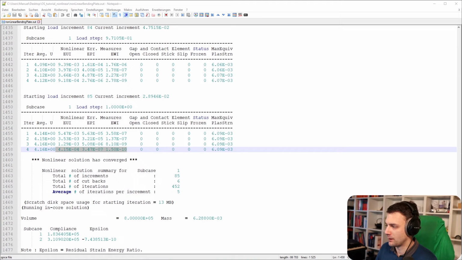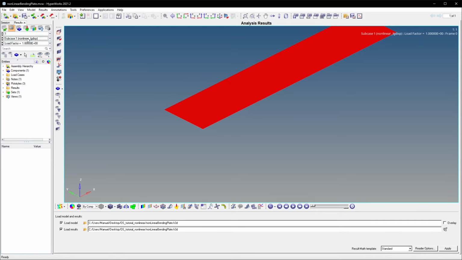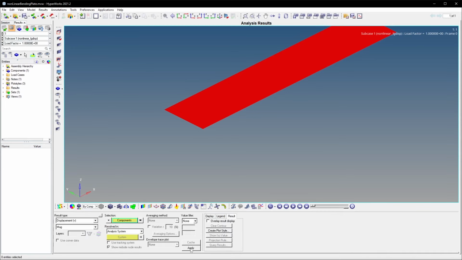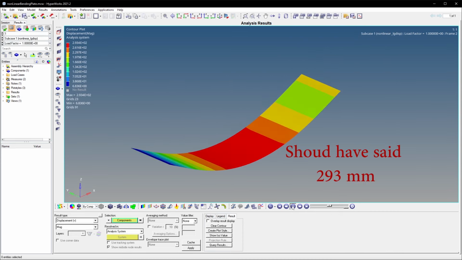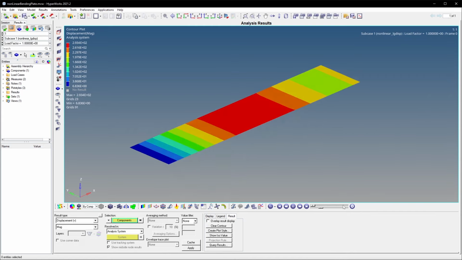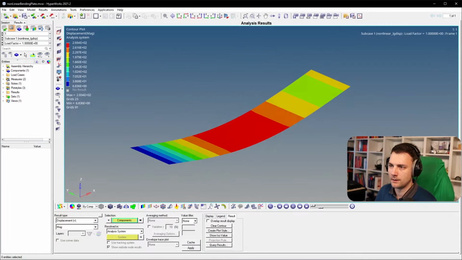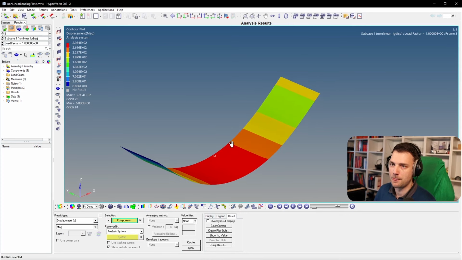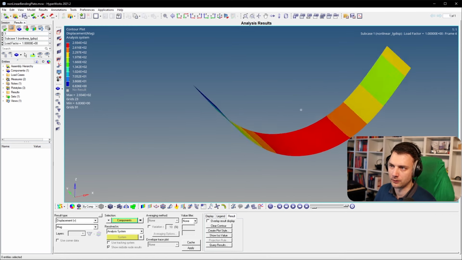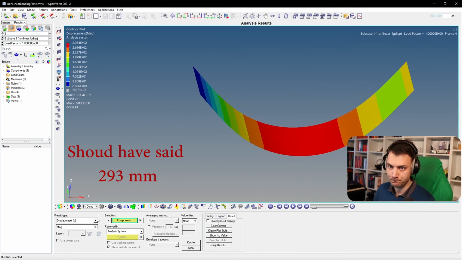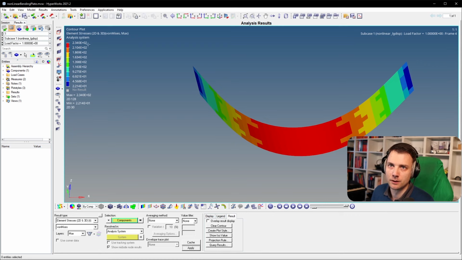Now, for result comparison, this is your model, right? And you have your nonlinear large displacement analysis. You can check the displacements, and here you have 29 millimeters of displacement. You can animate it. Maybe that's a bit too fast. Sorry. But I just want to show you the difference of the different load steps. So this is the nonlinear one with 29 millimeters. And let's check the element stresses. You get roughly about